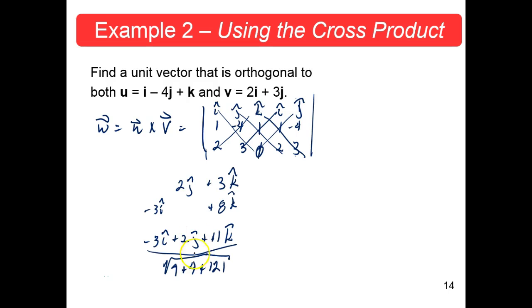When you add those together, 121 plus 9 is 130 plus 4, 134. Not a perfect square, so this will be minus 3 over root 134